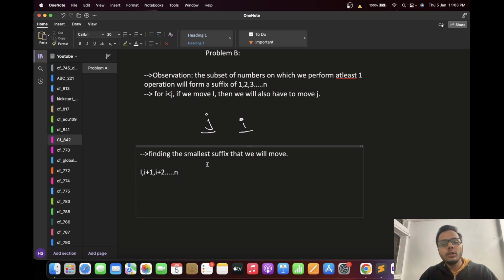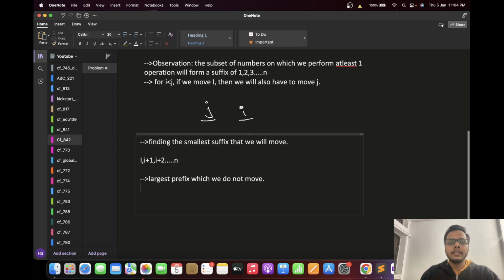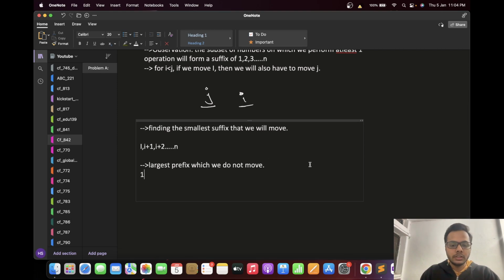So if we want to find the smallest suffix, we want the largest prefix which we do not move. And the largest prefix which we will not move will be just 1, 2, 3 up till i, and we want the largest such value of i. So what we want is the size, or the length, of the largest subsequence which starts